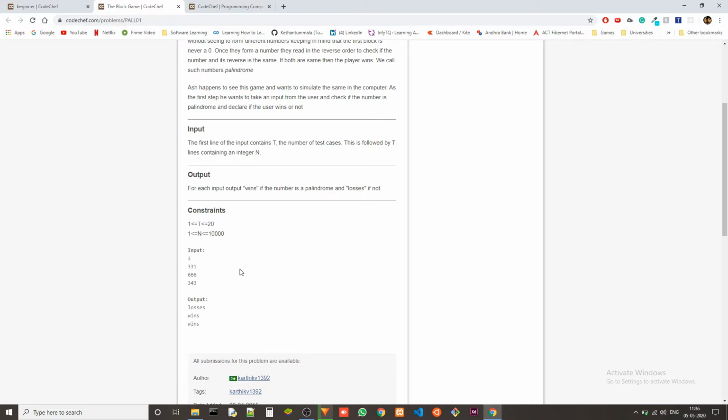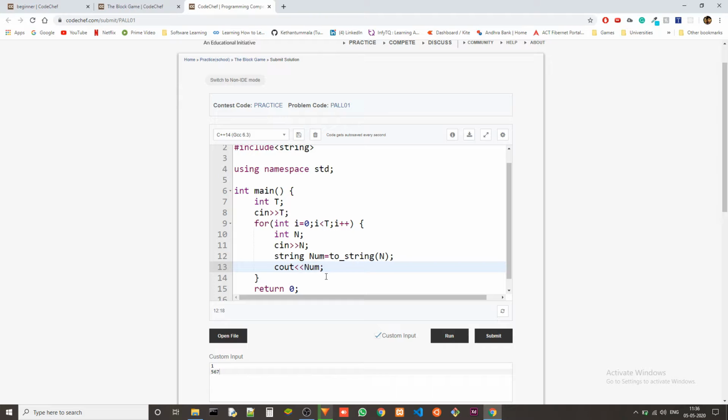Now we just have to see if the reverse of the string is equal to the right direction. For that we can reverse the string and do it, or we could just access the string in the reverse order. So let's do accessing the string in the reverse order, because this technique can also be used on the remainder method. When we get each digit out of the number, we can store it in an array and then use this method to find out if it is a palindrome or not. So it will cover both the possibilities. So I'll use this method.